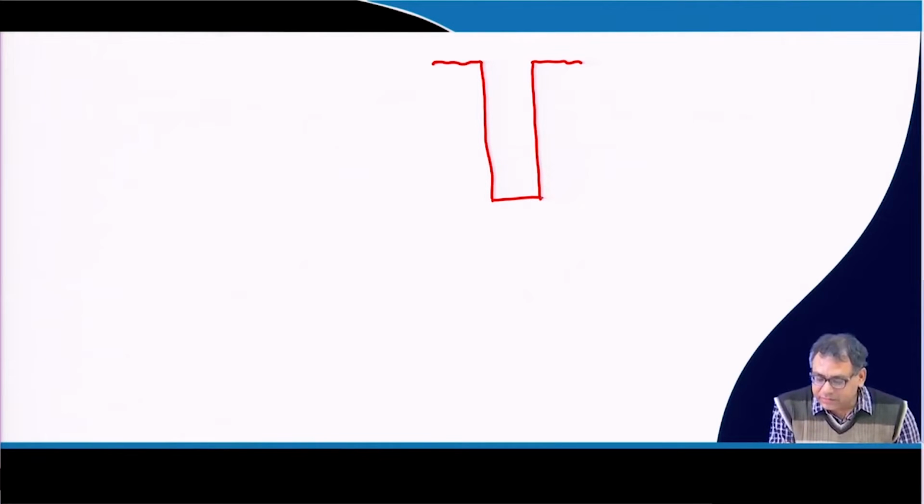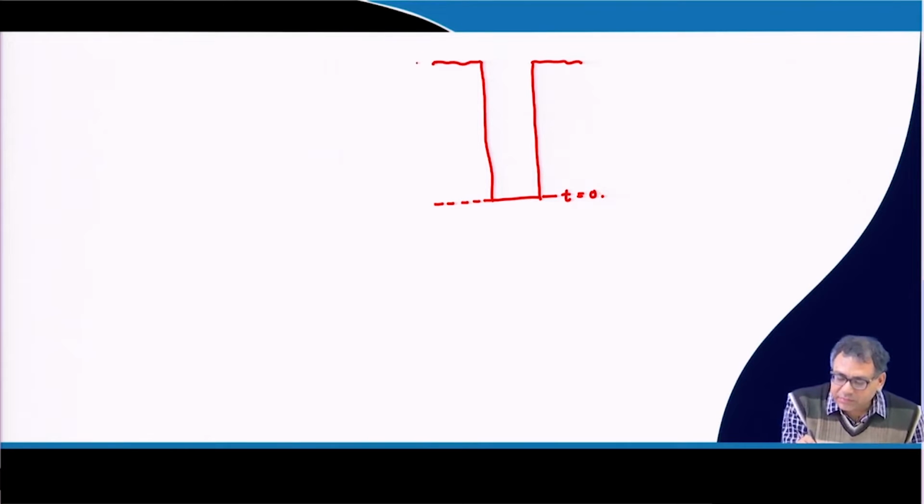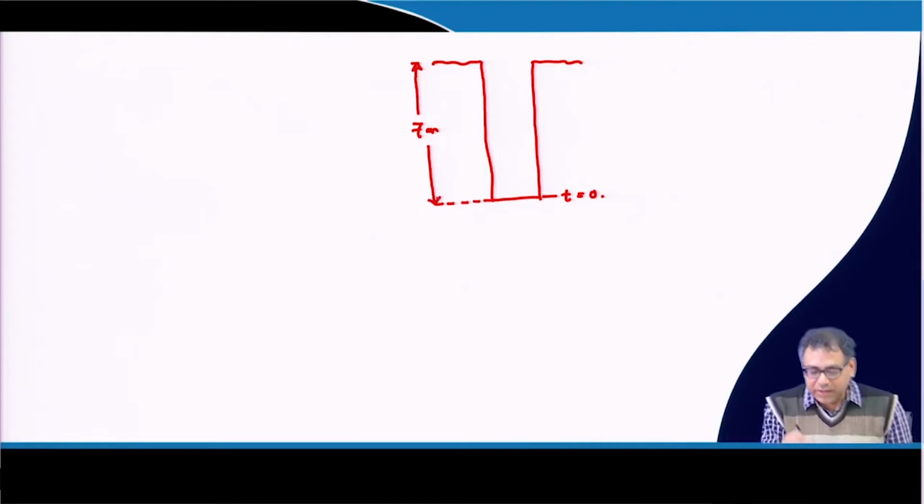Now, at t equal to 0, this is the initial water table position, and that distance from the top is say 7 meter. So, the distance of the initial water table position within the borehole at t equal to 0 is 7